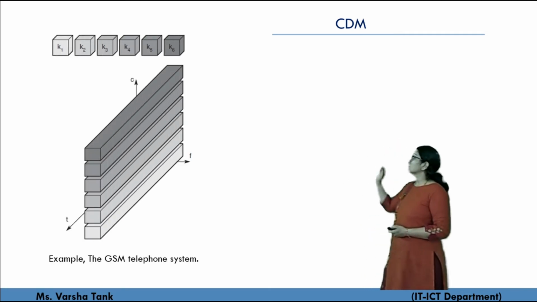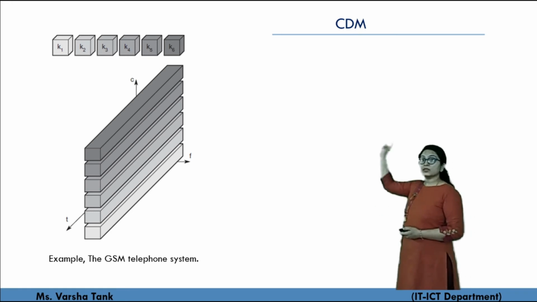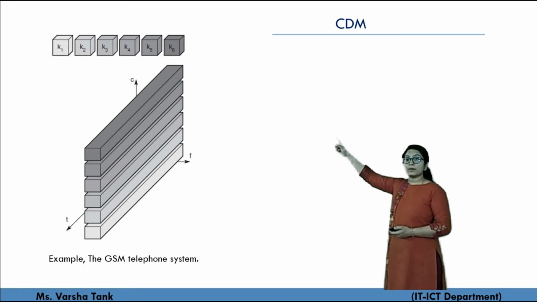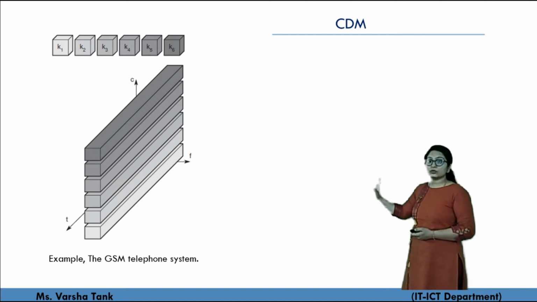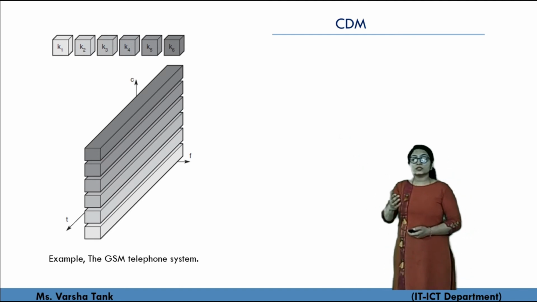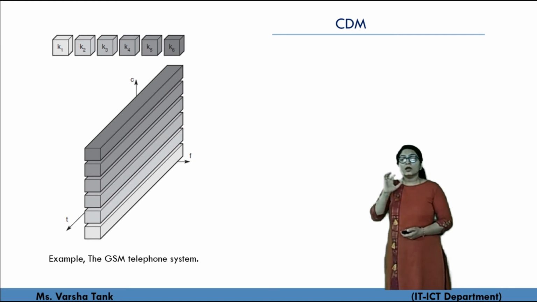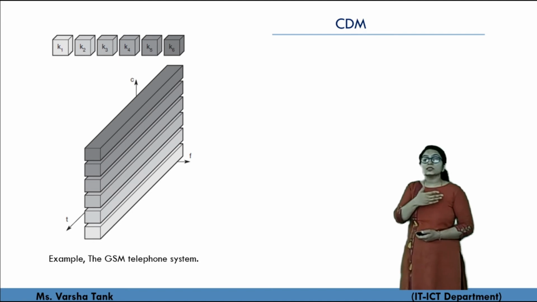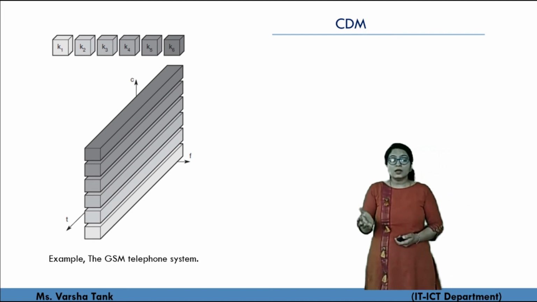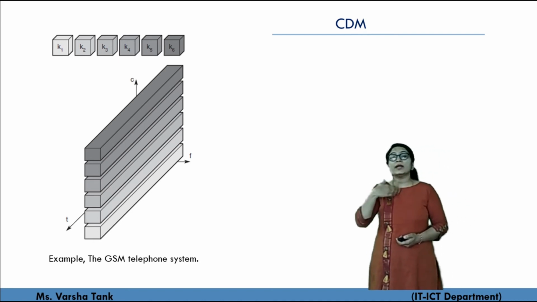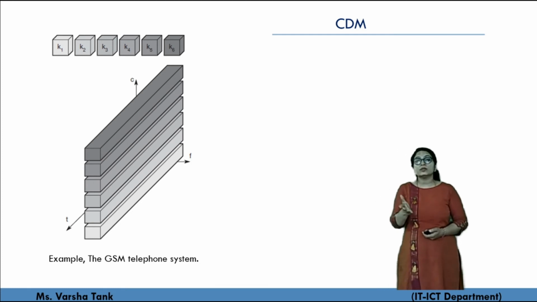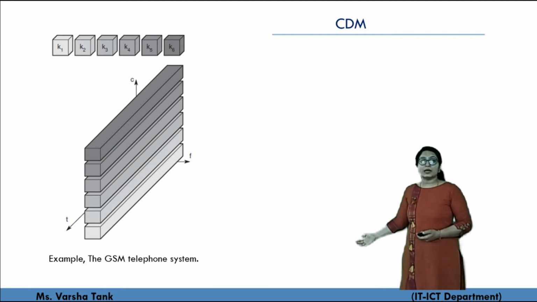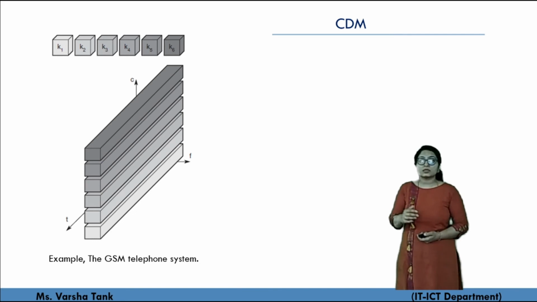Here you can see code division multiplexing. The channels are defined, and for each particular channel the entire area is used, but each uses its own code. So there are no disturbances. Noise will be there, but we can decode the signals because we have their own code. And again as an example, CDM is used in the GSM telephone system.